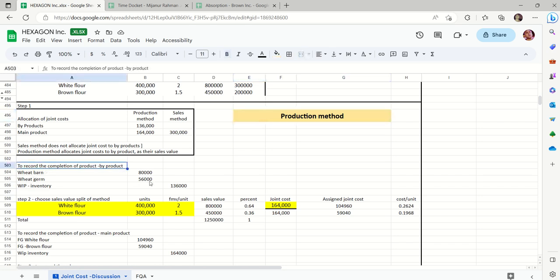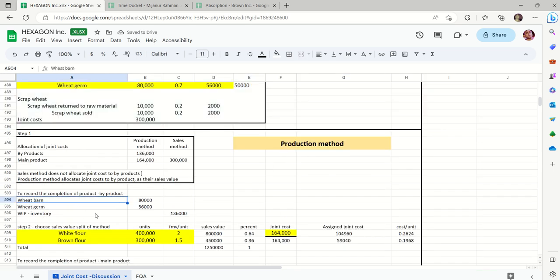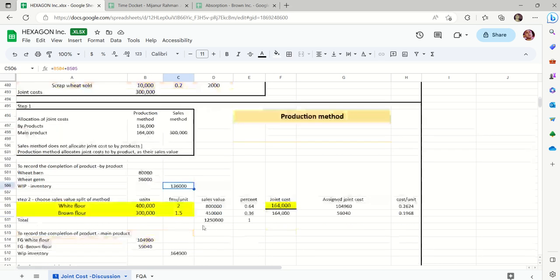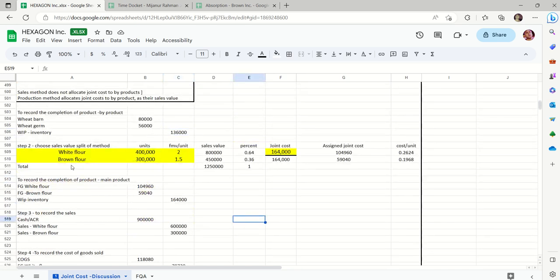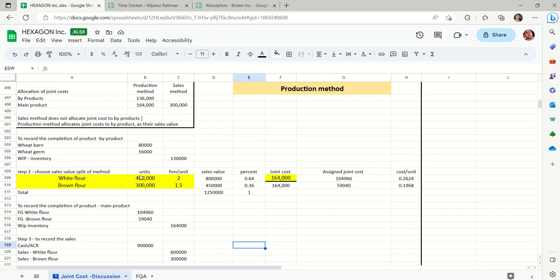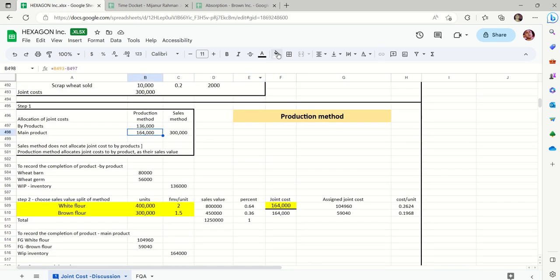So the moment we allocate joint cost to the byproduct, we would record a journal entry. You would debit the wheat bran as an inventory and wheat germ as an inventory, and then you would credit the WIP inventory by 136,000. Okay. In step 2, we would allocate this 164,000